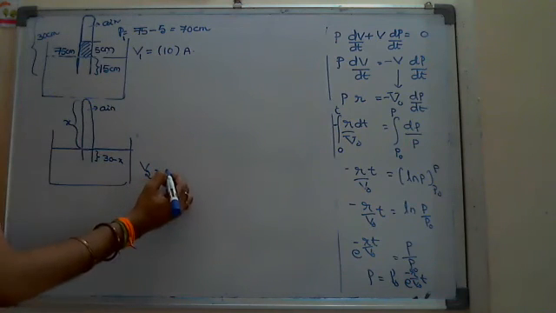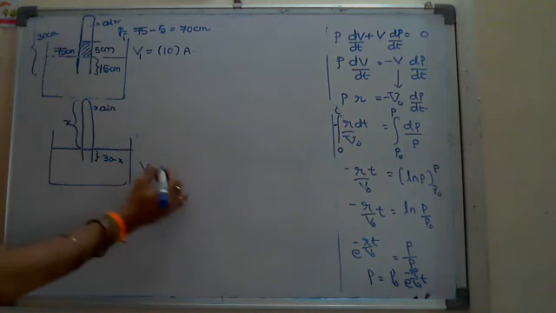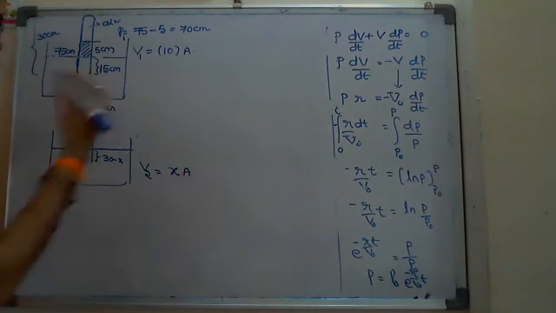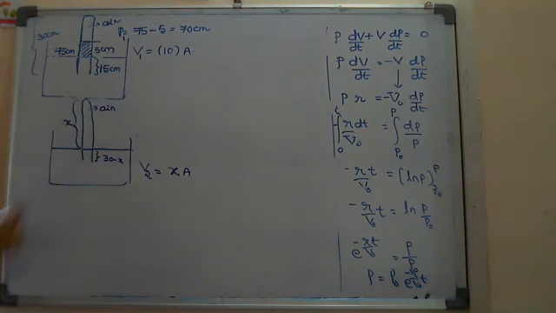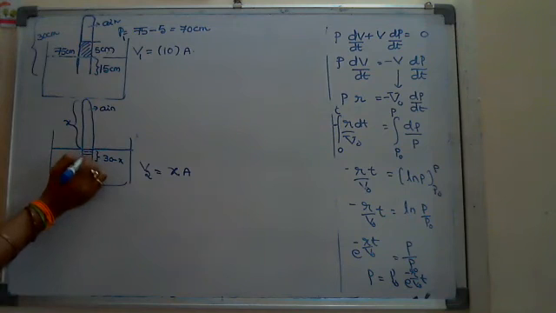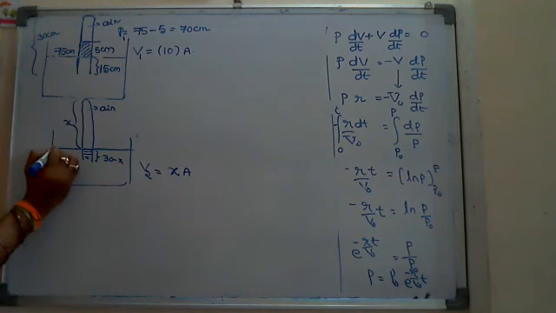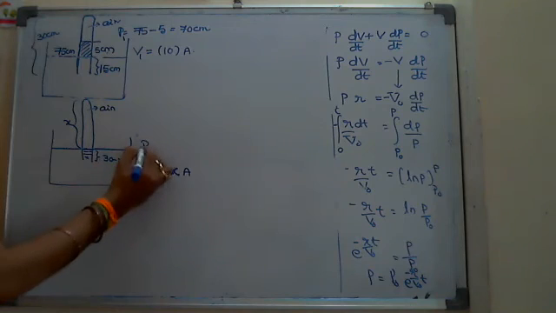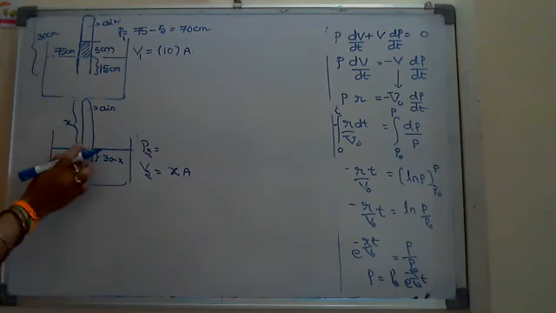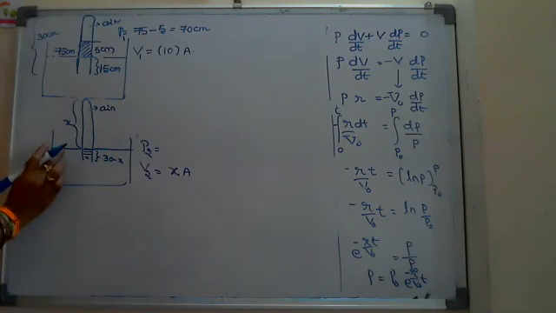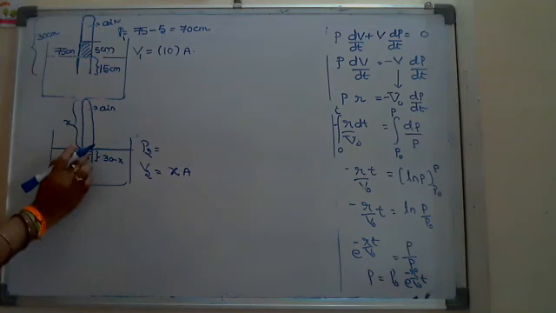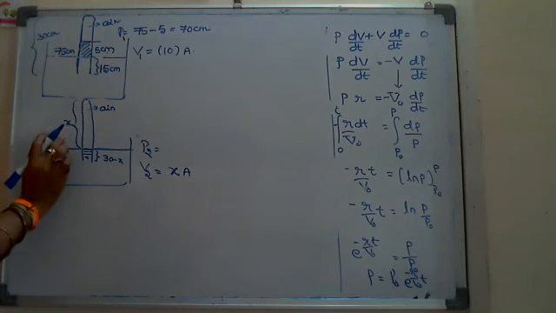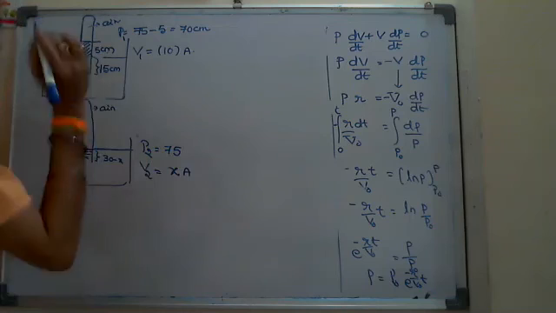Here the volume will be the volume of air in this part, means the air volume increases to here. That is V2 equals the length into area of cross section. And look at the mercury level, it is equal to the level of mercury present outside. Means here and there the pressures are equal, so the second pressure equals the pressure present outside. Why? Because both the levels are equal. Pressure outside is 75 centimeters of mercury, so it is also 75.